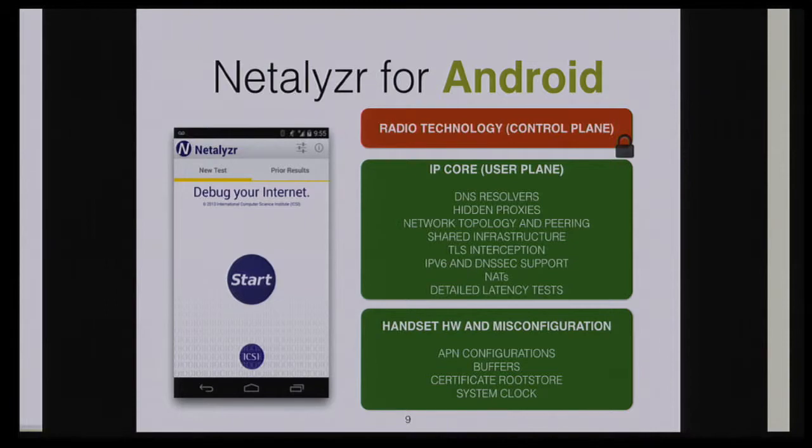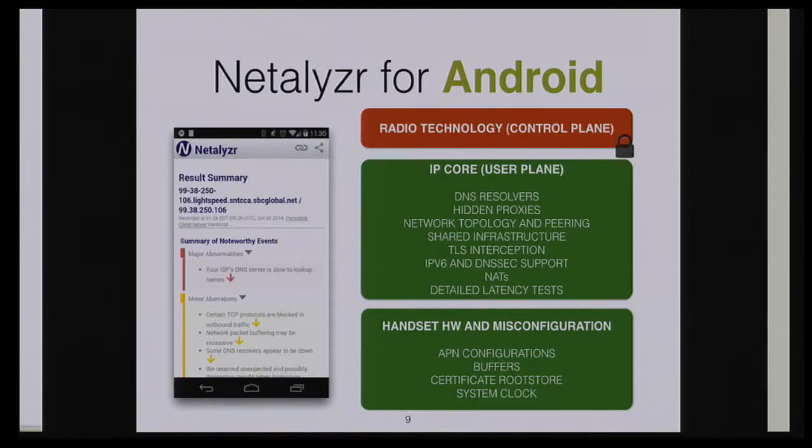But in addition to that, we also look at handset misconfigurations. So we are looking, for instance, at what kind of APN settings the devices are having, or which ones are actually being used by the device. And the APN settings are actually quite important for us, as they determine in quite good detail the way the network is going to behave. And as I said, we also check the root store of the different devices, seeing how mobile operators as well as different vendors increase the root store, and also other configuration aspects such as the clock drift.